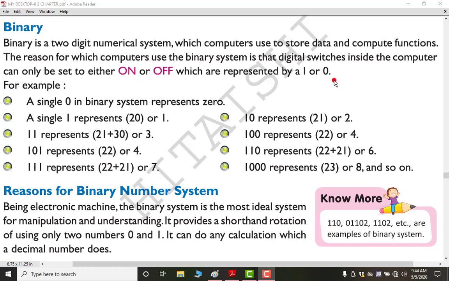In our previous class also I told you that your computer only understands one language, that is machine language, or you can say binary numbers, that is in the form of 1 and 0 only. Because of these digital switches, they are only on or off. Here on means 1 and off means 0. Okay, so these are the examples written. So if you write this 20 in your computer, it is written as 1 and like this.